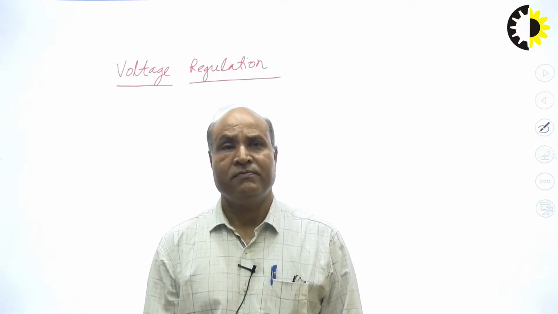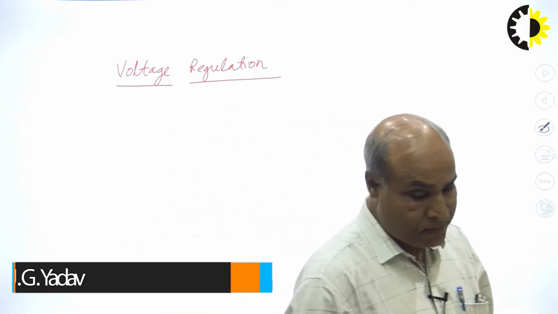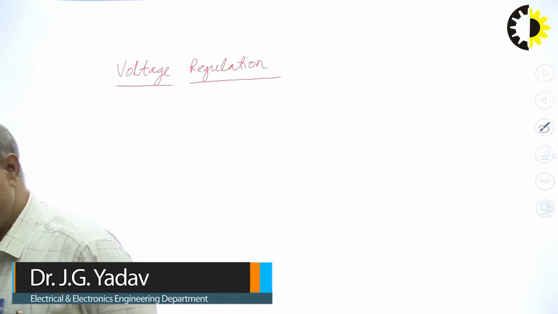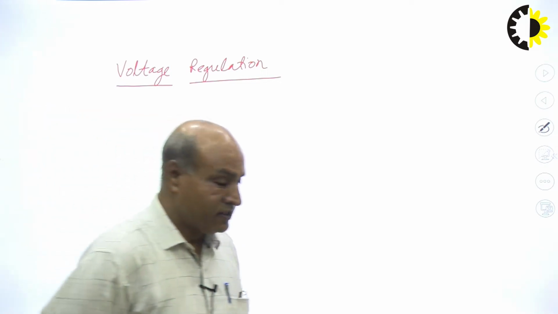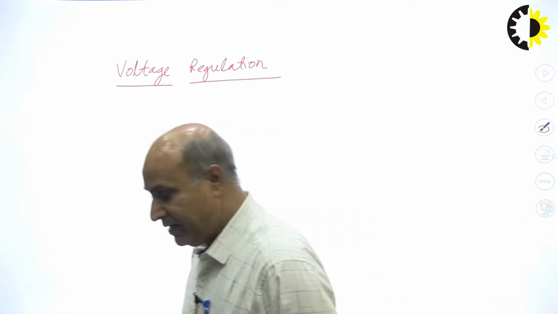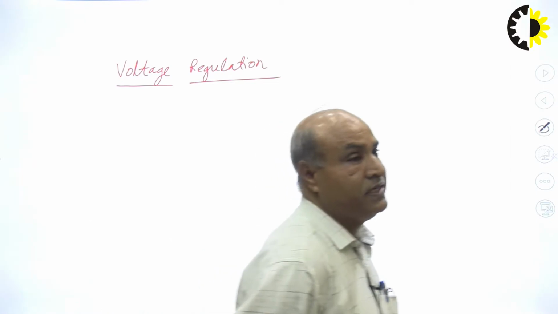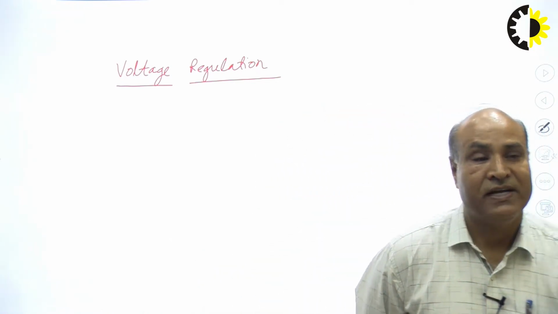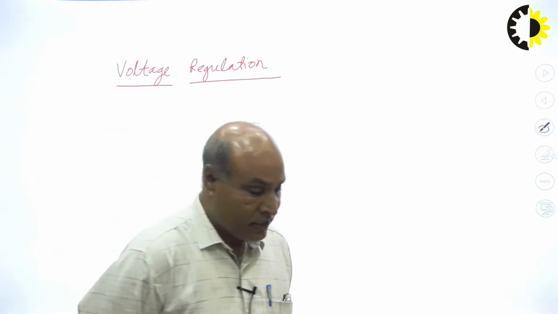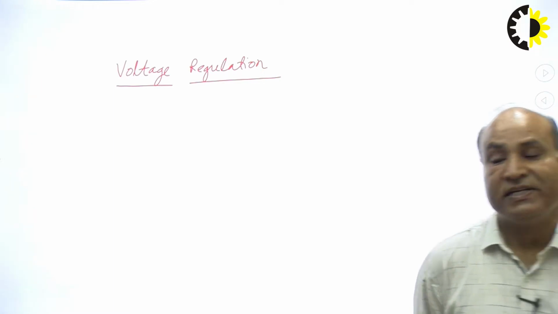Welcome to this lecture. Today we will discuss voltage regulation in transformers. We know that when a transformer is loaded, that is, a load is connected on the secondary side, the current increases, and because of the increase in current, there is a voltage drop in the impedance of the primary and secondary windings of the transformer, and due to this voltage drop, the secondary terminal voltage of the transformer decreases,